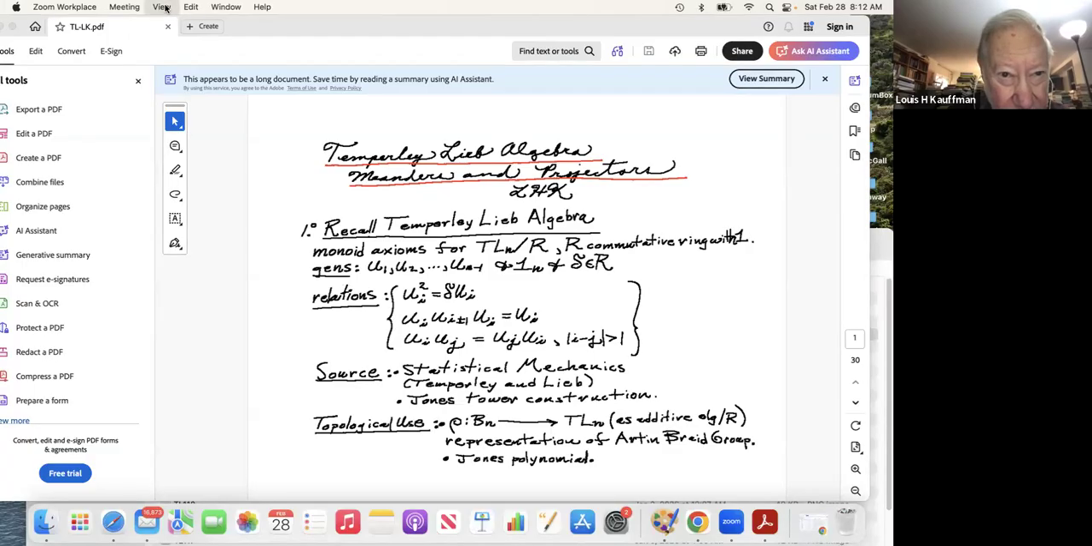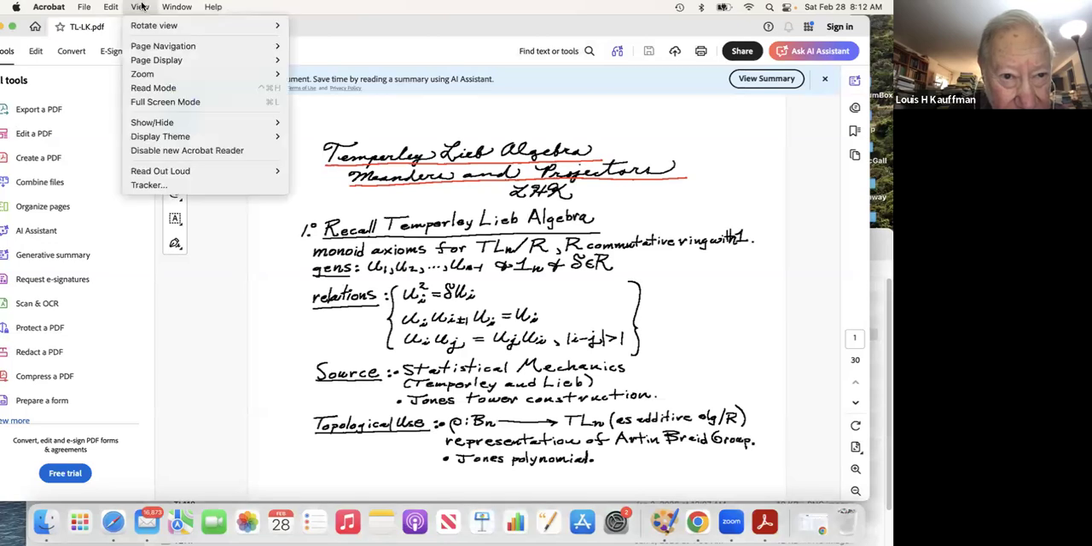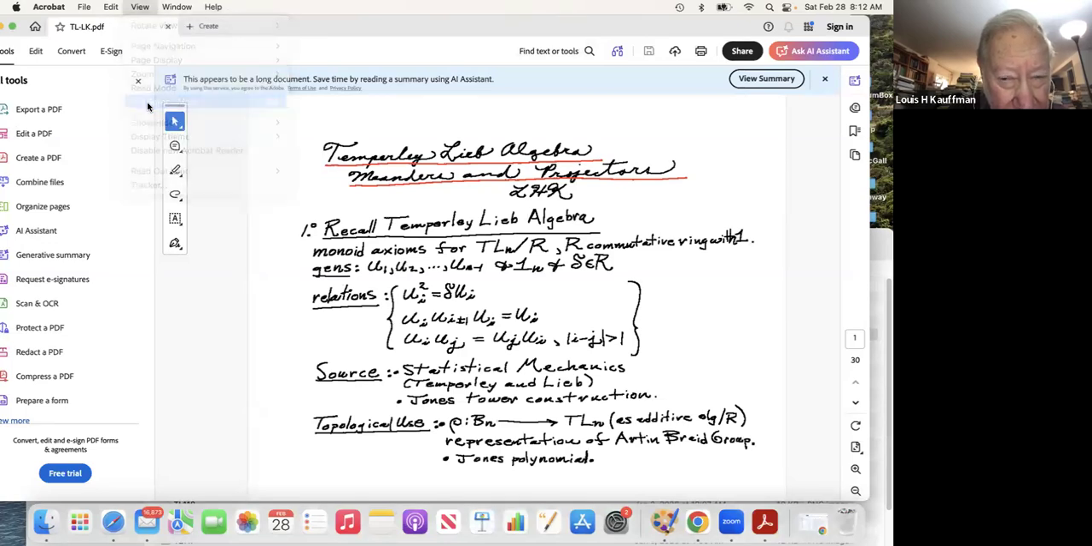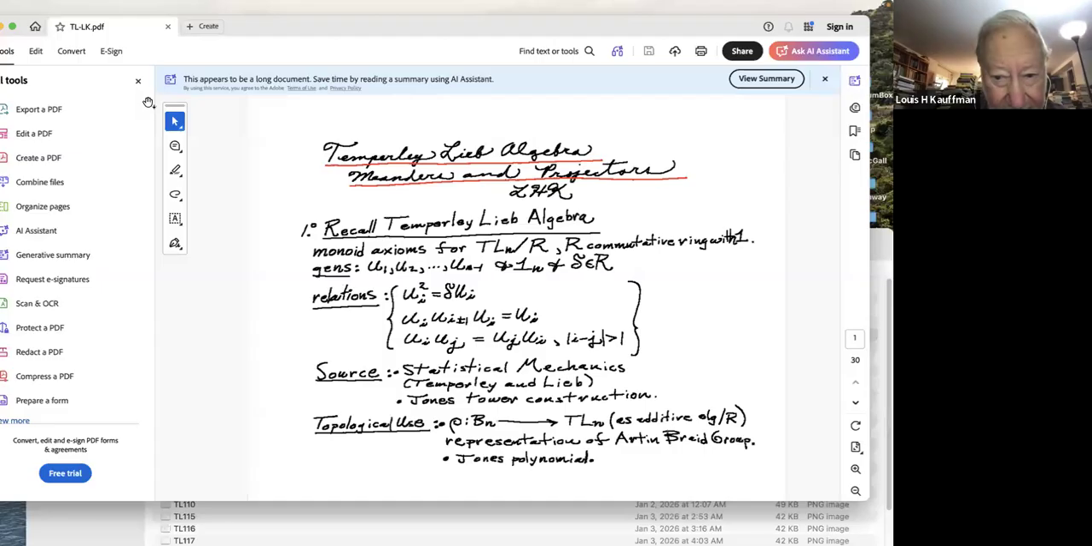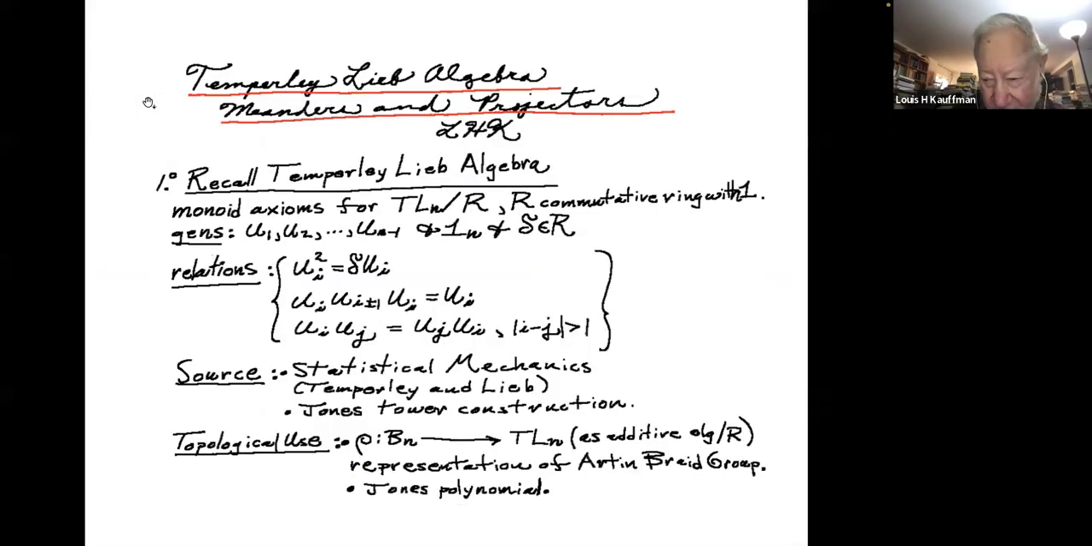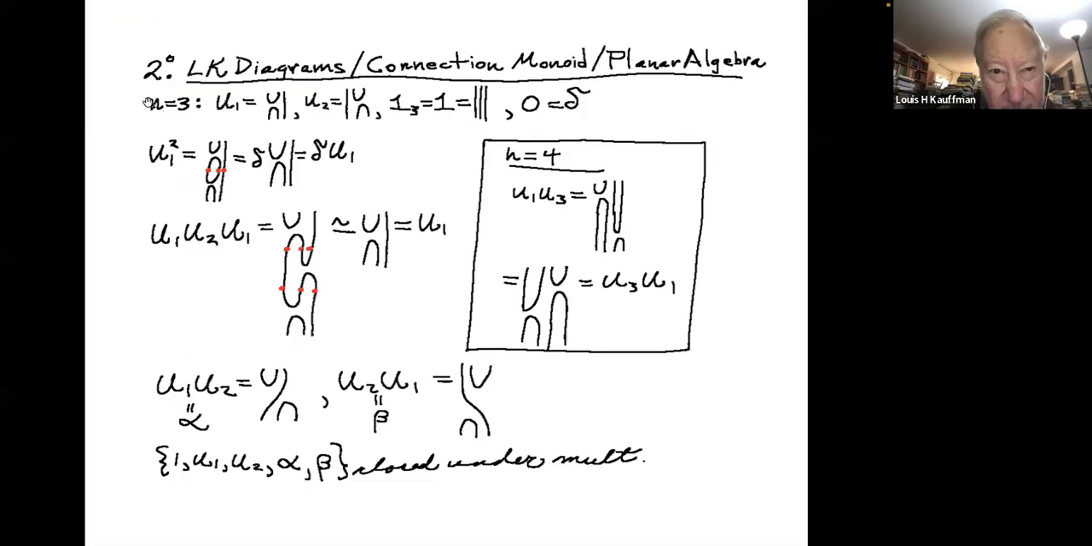Maybe we should do a full screen view. Let's see if we can do a full screen view. Yeah, that's probably a little larger for you. So,